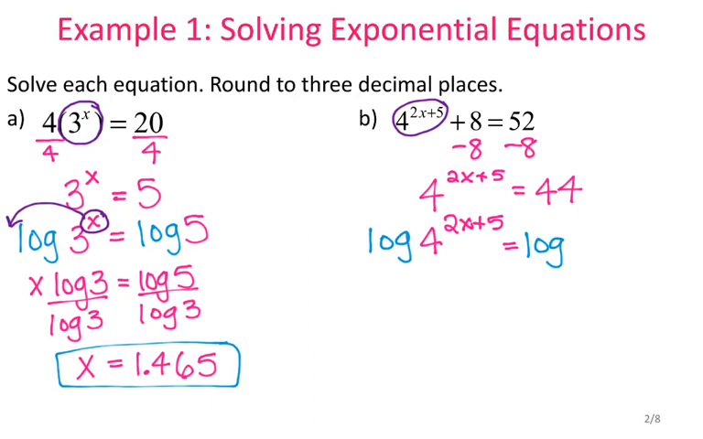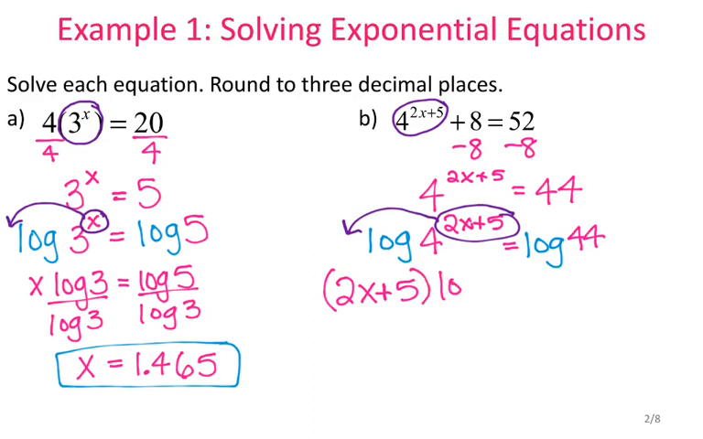And of course, whatever I do to one side, I have to do to the other. So I have log on both sides. And I have that logarithmic property that allows me to bring down my exponent. So that leaves me with 2x plus 5 times log of 4, so I'm going to put that in parentheses, equals log of 44. Now, I do not like distributing logarithms, so I'm not going to distribute this one. Instead, I'm going to get rid of it by dividing. So I'm going to divide both sides by log of 4,